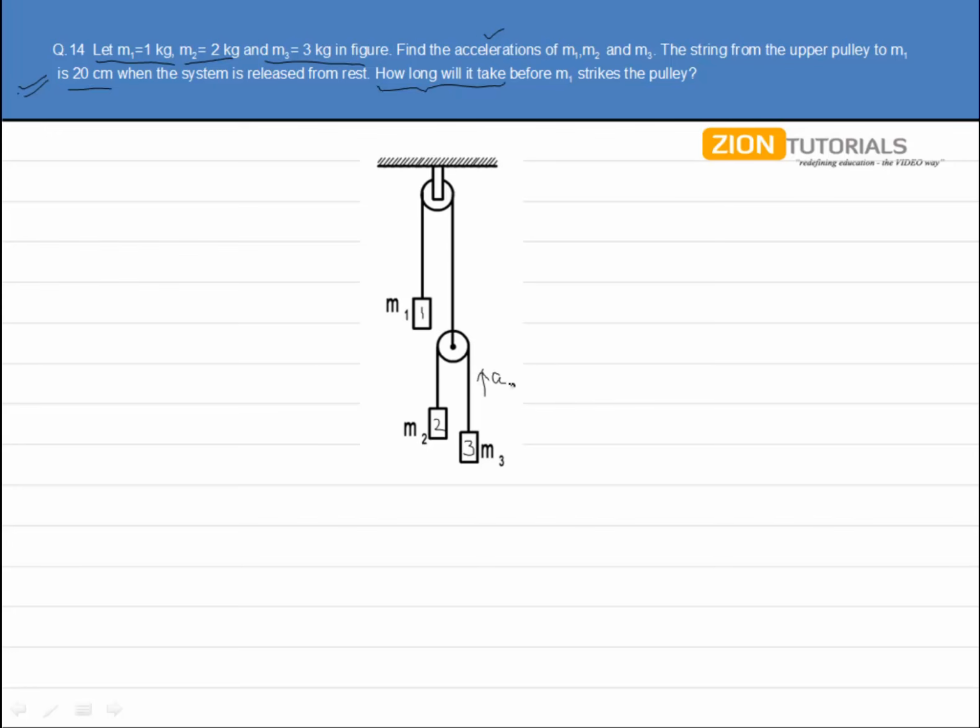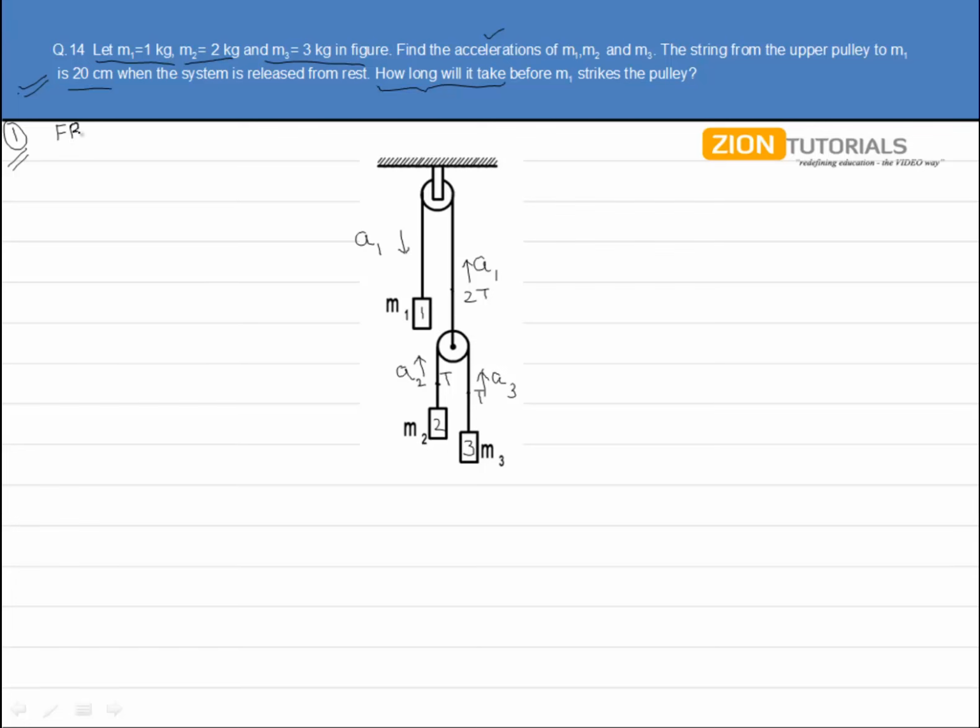So let us proceed, marking these as block 1, 2 and 3 respectively, taking the accelerations a3, a2. Then obviously the upper string will be moving with the acceleration of a1. So the block m1 will be moving down with an acceleration of a1. Further, taking the tension T in the lower string, obviously it will be 2T in the upper string. Now let us proceed with block 1.